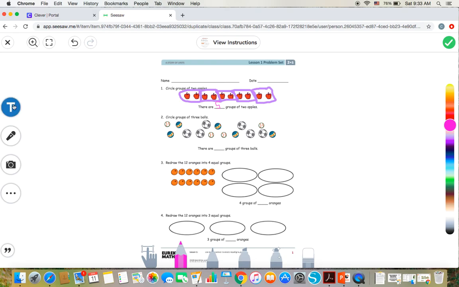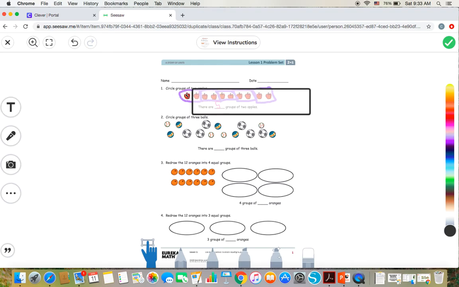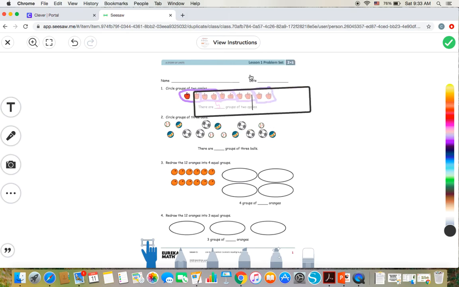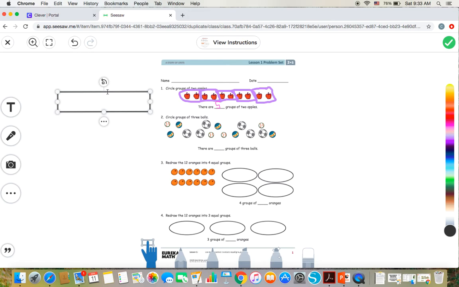I could also come over here and click T and add a text box. I could make it bigger or smaller. I could spin it around. Oops, I'm trying to move it here. There we go. And I could type my sentence if I wanted to. There are 5